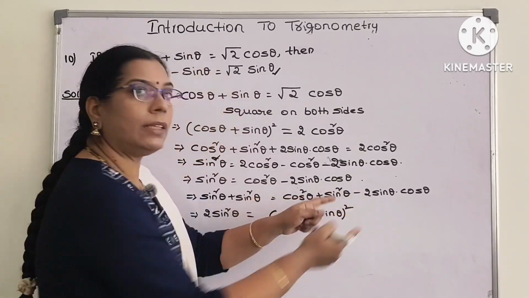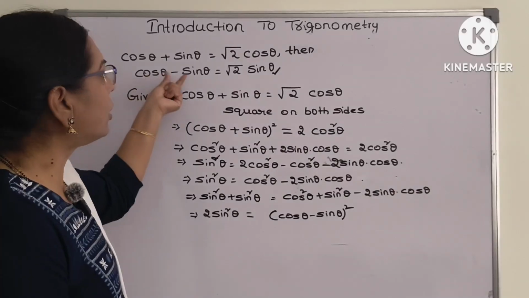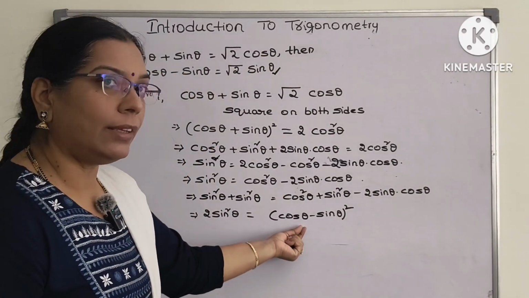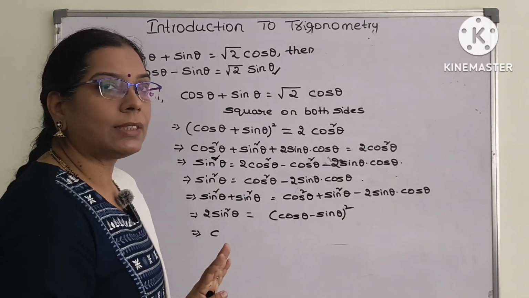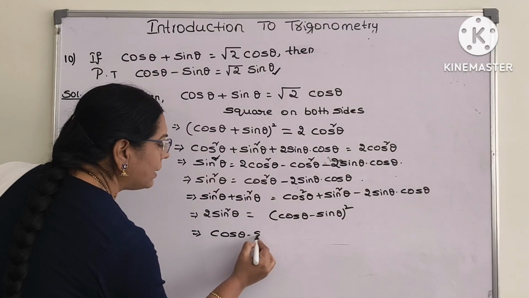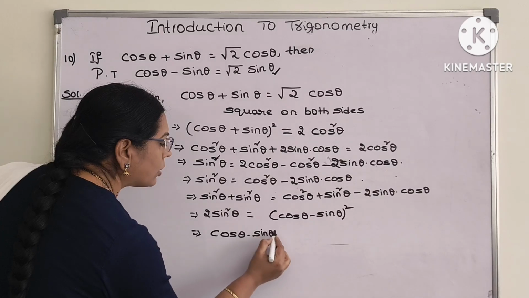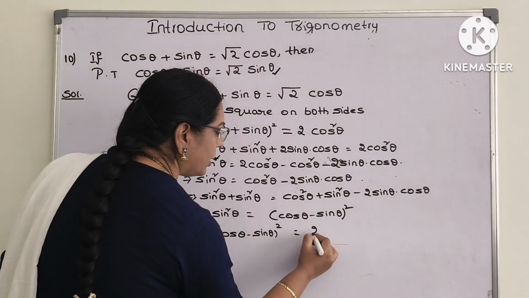You can also write this as (sin minus cos) whole square. But since we have to prove it as cos minus sin, I will take it in this manner. Now see, we are almost done with the sum, children. So what I will do is (cos theta minus sin theta) whole square. I'll just rewrite the equation as